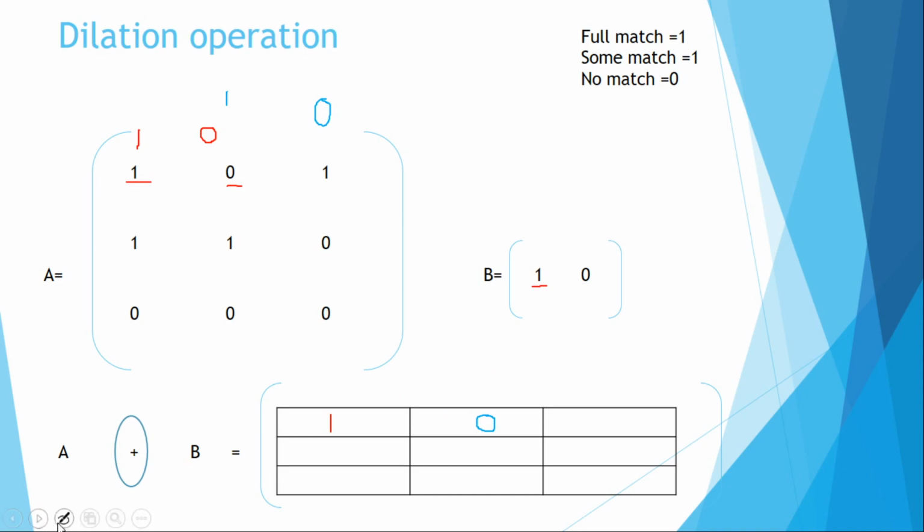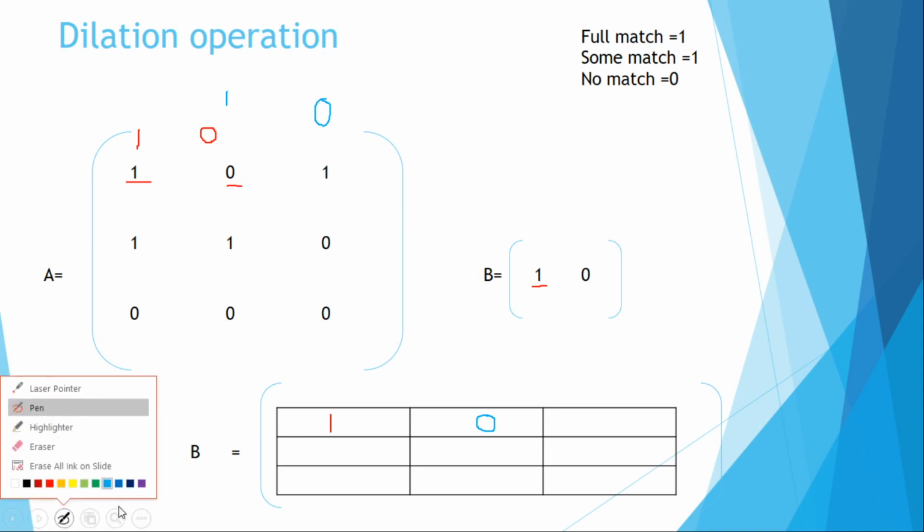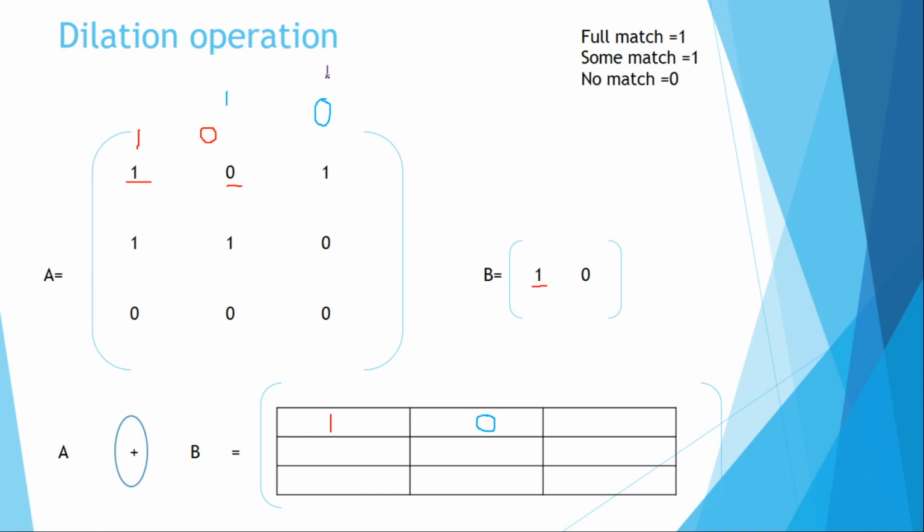And the third pixel value, this value is 1. I have to keep the origin coinciding, so I have to keep the 1 over here. The structuring element goes out of the matrix, so we have only one value for comparison, 1 1. So it matches. If any one value is matching, the dilated value goes to 1. Simple, remember, if any one of the values is matching directly, we can write it as 1. Otherwise, we have to write it as 0.